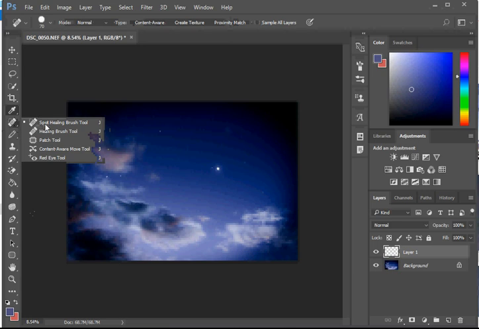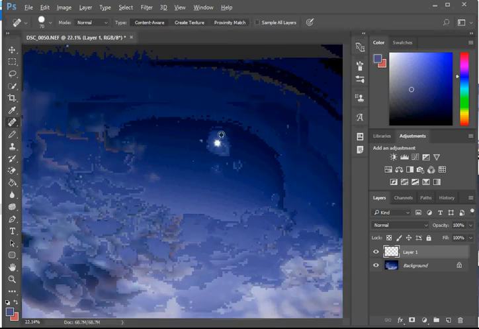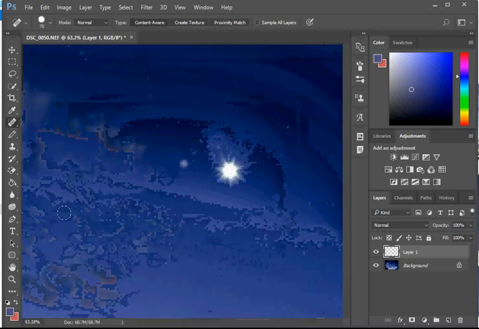This is the heal tool. This is the spot healing brush. It is a very important, very useful tool. So the spot healing brush will